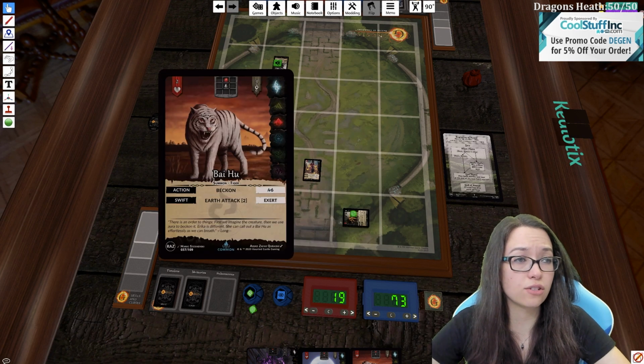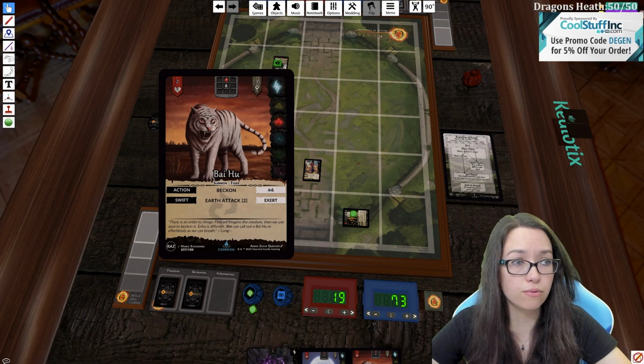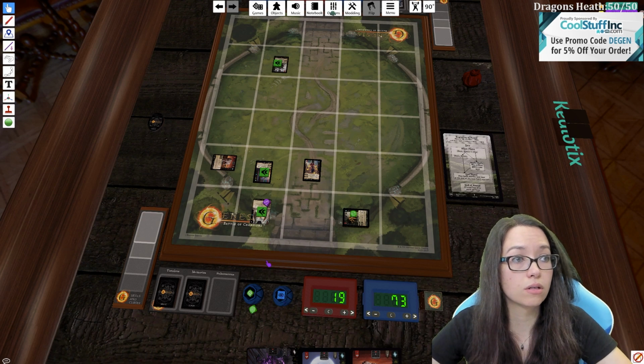So the tiger can't hit the angel anyway, so I guess the tiger is just going to attempt to attack you for 2. Yep, I will take 2. I have no response to that. Okay, and then now...